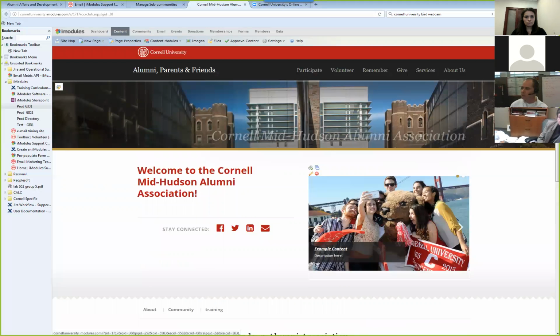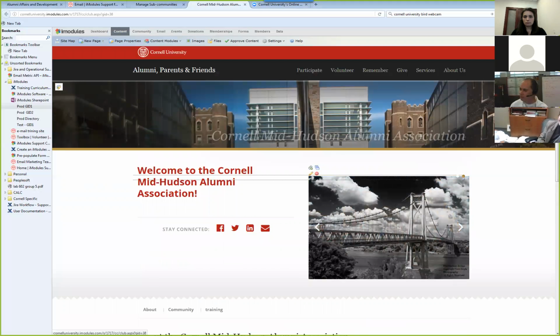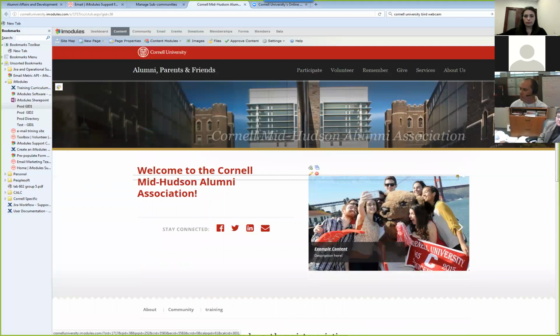The page has to redraw, and now one thing you'll notice is right here we have two little icons. If I click that icon, there's the Hudson Bridge picture. If I click this, this is our picture. One thing you'll notice is the size is slightly different. This picture is like 555 pixels by 340. The picture I brought in was slightly different. There isn't a great way to adjust the sizes, so my suggestion would be to take your image, make it the size you want it to be, and then bring it in.